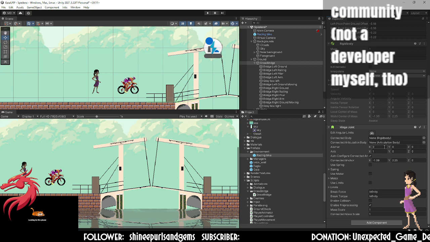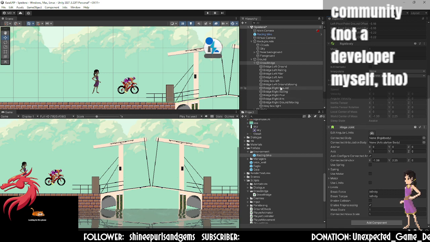I do think this is what I need. I do not know yet how to use that, and I don't know what that angular limits is. I don't even know where the thing is right now. And I don't think I need it on the drawbridge itself, but it's supposed to go between 2 of those items here,